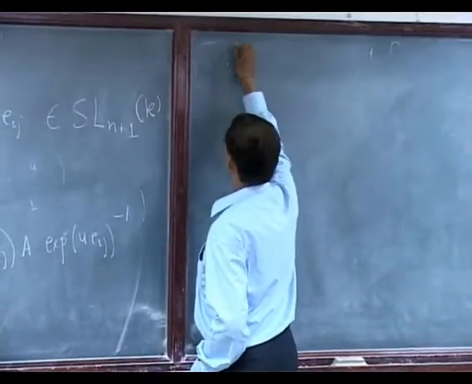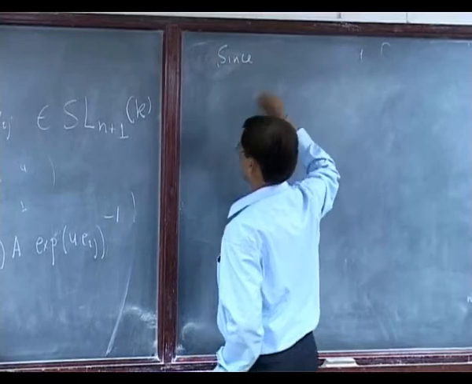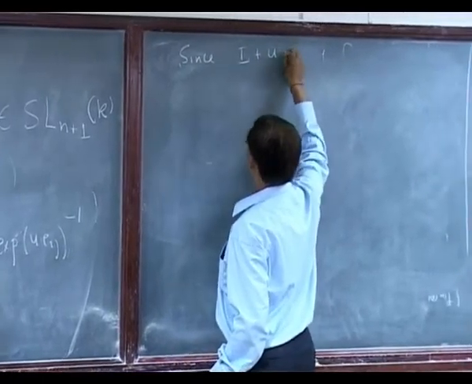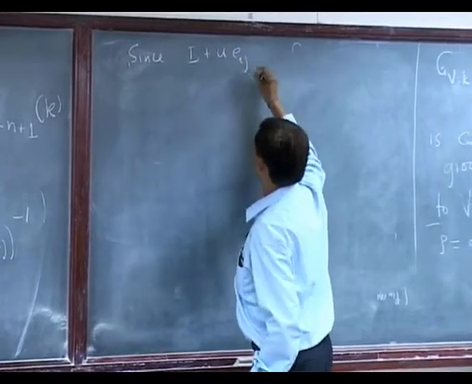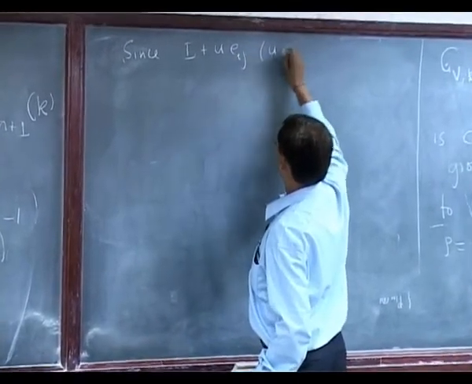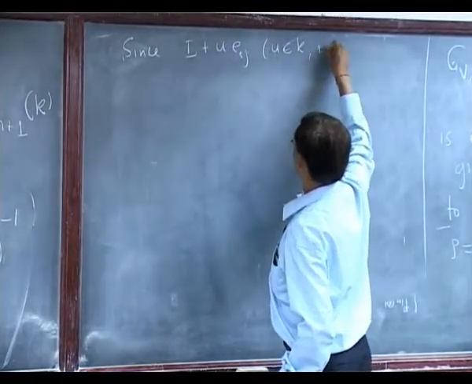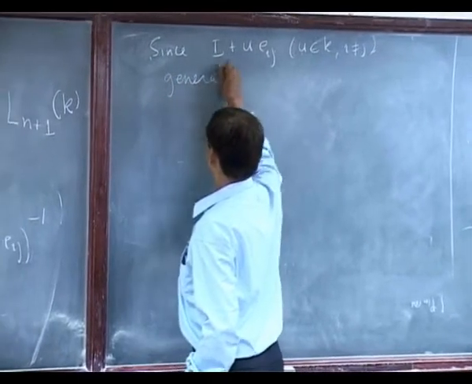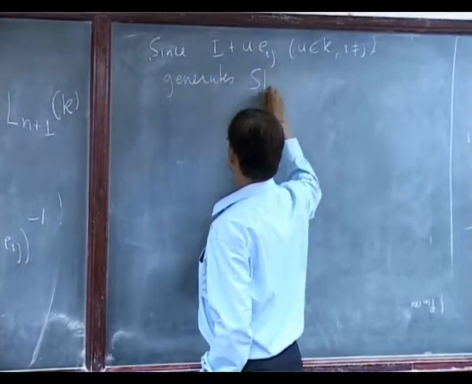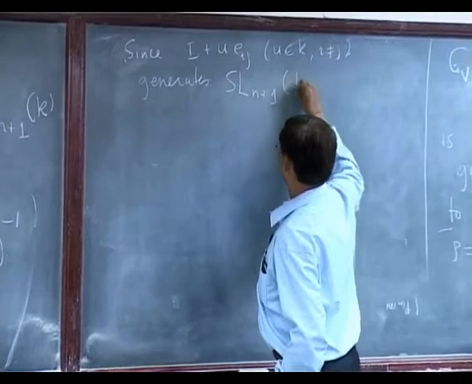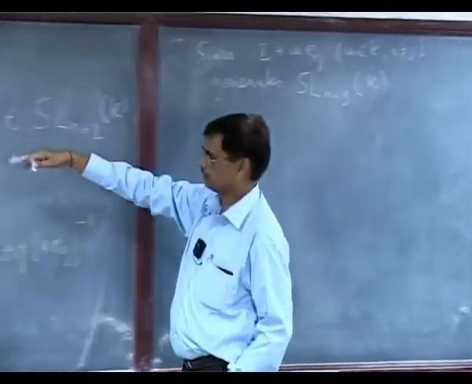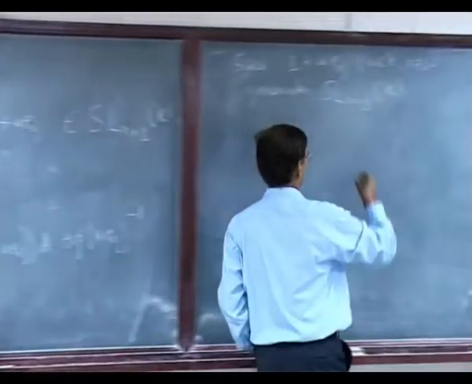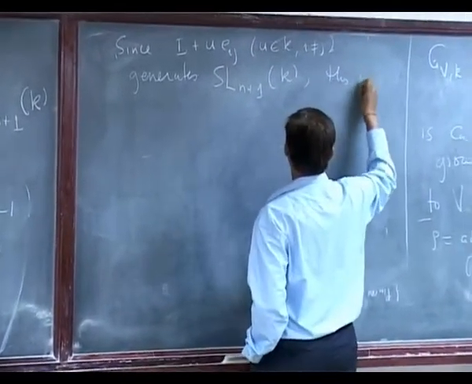Now, this is an exercise. Since the matrices of the kind I plus u a_ij, where u is in K and i differs from j, generate SL n plus 1 K, and it satisfies, for example, the plus thing, hence we have